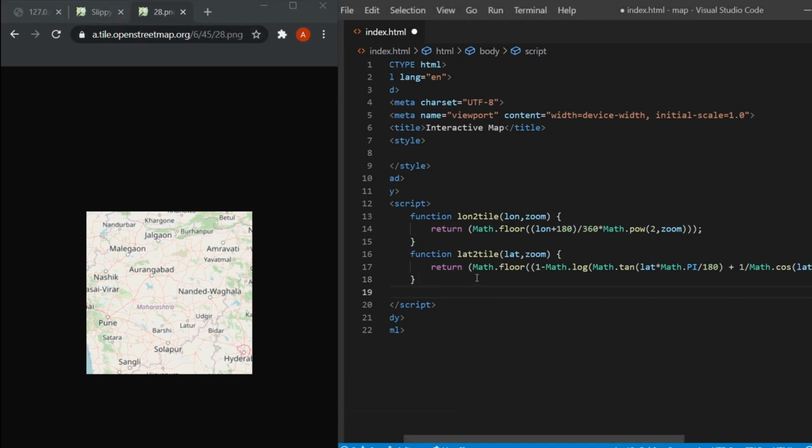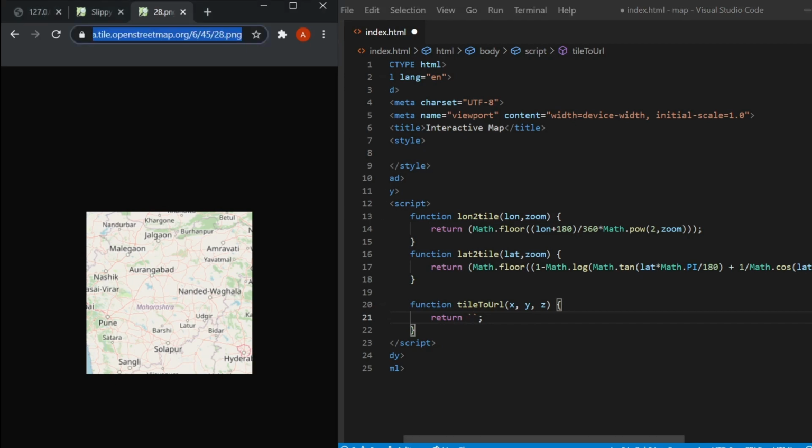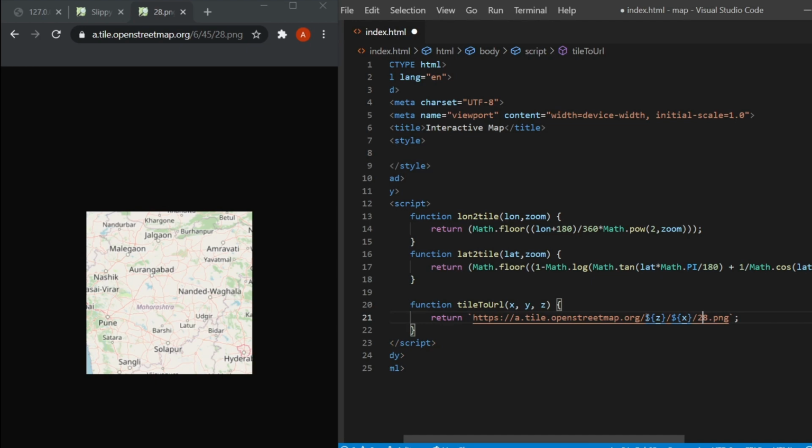So I'll create that function, and maybe I'll name it tileToURL. So I'll supply the X, Y, and Z values, and it would just return me this. I'll just copy this part and paste it here, and I'll just replace the 6 with Z, 45 with X, and 28 would be Y.